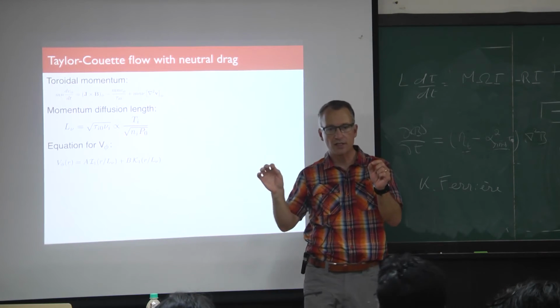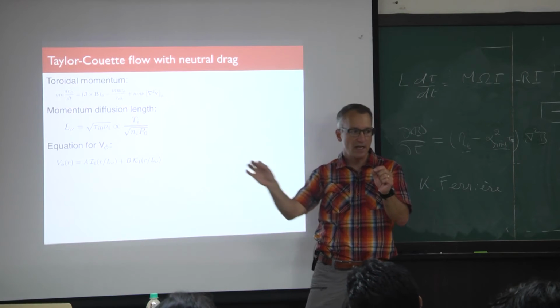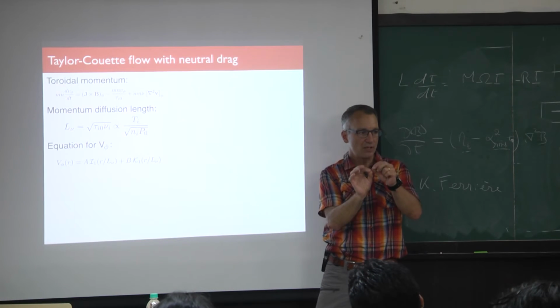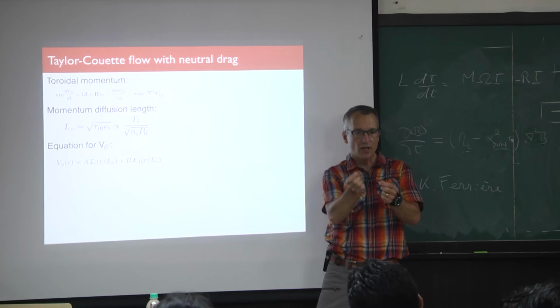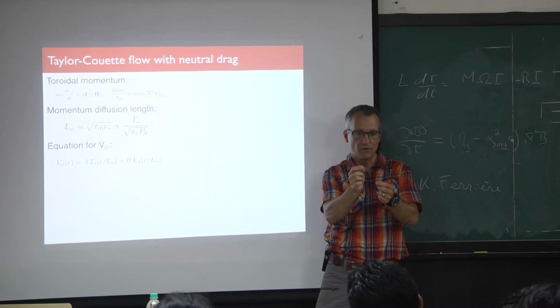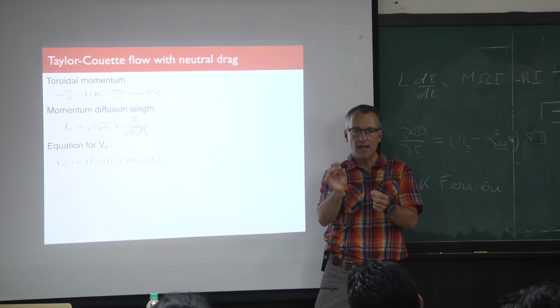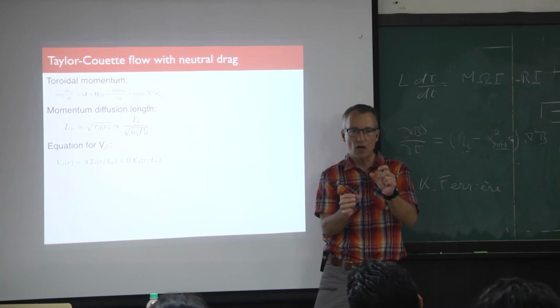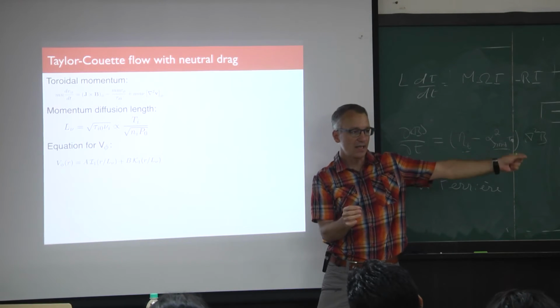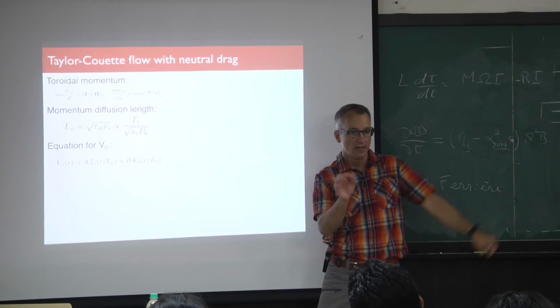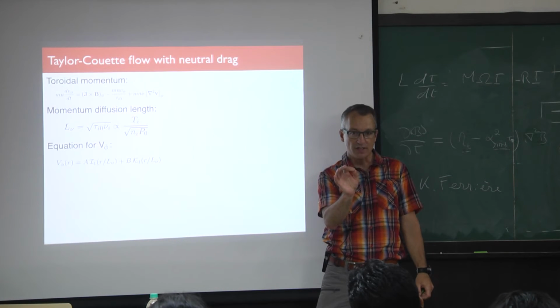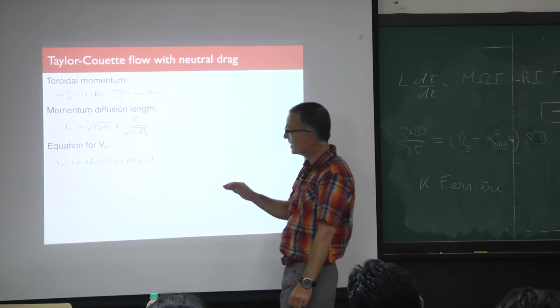So charge exchange is a process by which an ion is moving along, it bumps into a neutral, and the electron jumps from the neutral to the ion. The neutral particle, which is now moving very fast, can escape to the wall. The momentum is lost. The ion, which is left over, isn't moving. And this represents a big drag